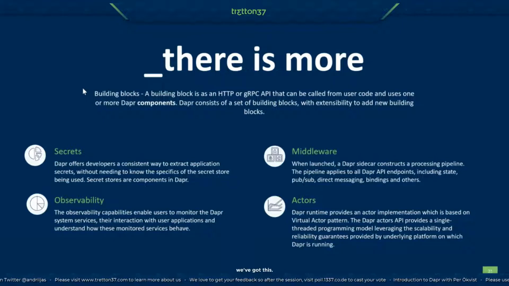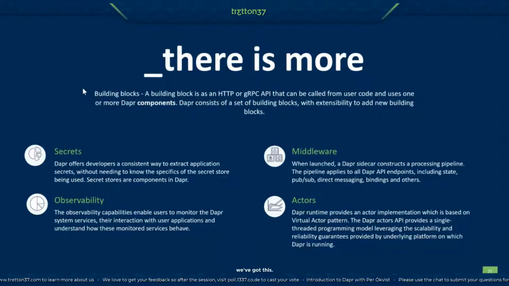So you don't need to have any of that in your application code, and secrets is also one simple API. And all traffic that runs through the Dapr sidecar could also apply a middleware chain. So here you could have some form of authentication or other middleware running. And there is also an actor implementation that is implemented in the sidecar with an API, so you could have concurrency and a lot of other things that actor brings to the table.